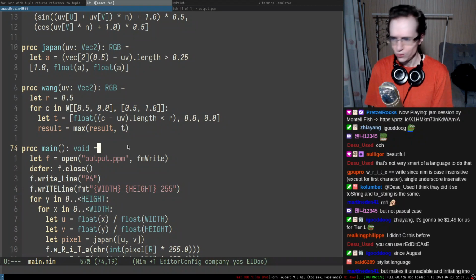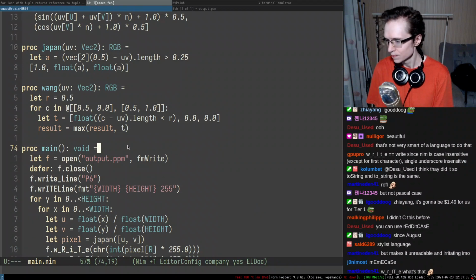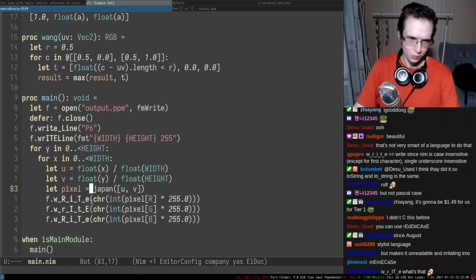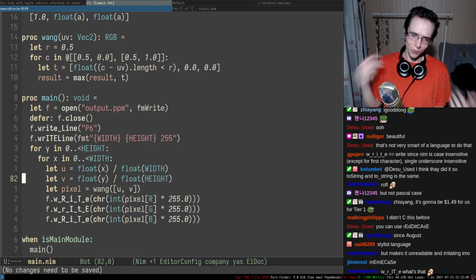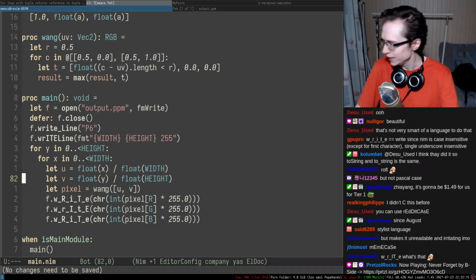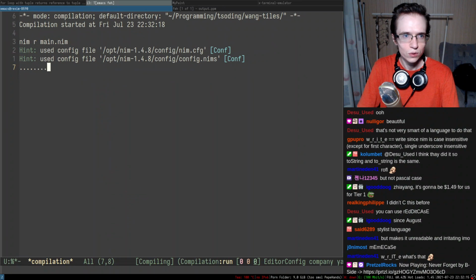So we're trying to generate Wang tiles, right? I hope I pronounced their name correctly, though. Wang tiles. So we need to put Wang in here. Right, so this is going to be Wang. Why do I keep typing want? My fingers actually have a memory to type want instead of Wang for some reason. I don't know why. All right, so there we go.